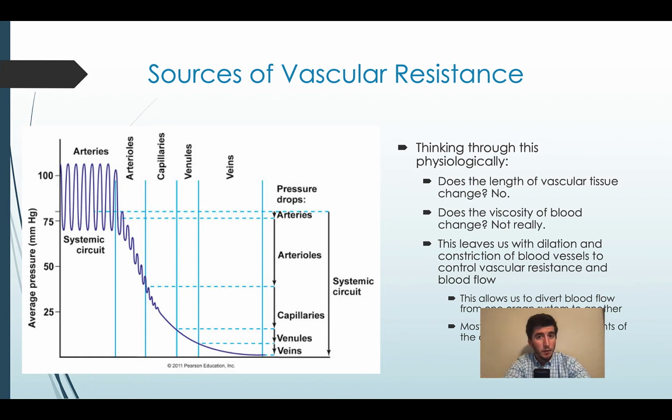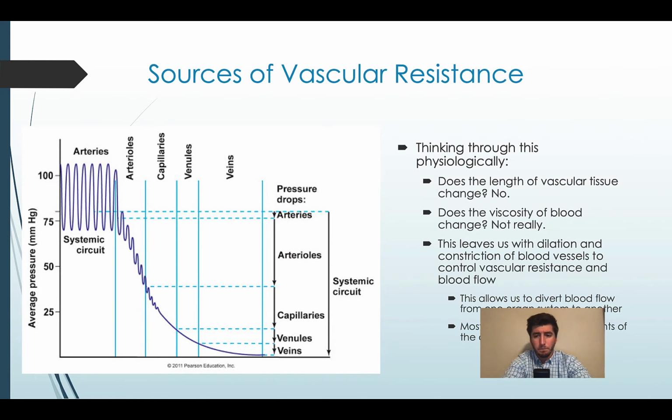The viscosity of the blood's not really going to change either. Unless you're injecting oil straight into your veins, you're not going to have that dramatic of a change. Your hematocrit's not going to change dramatically overnight unless you infuse someone else's blood into you, which cyclists do. That leaves us with really just dilation and constriction that's going to control the majority of the way that blood